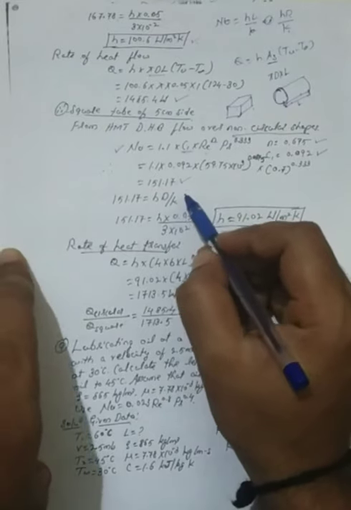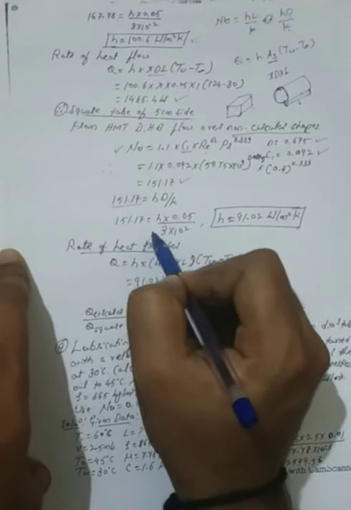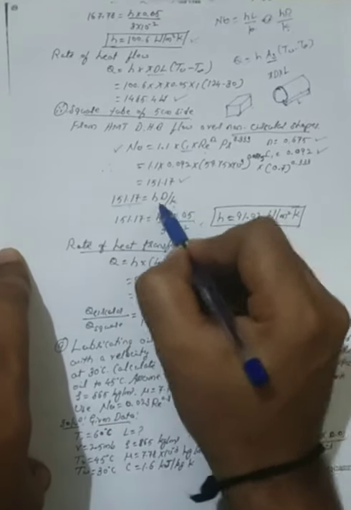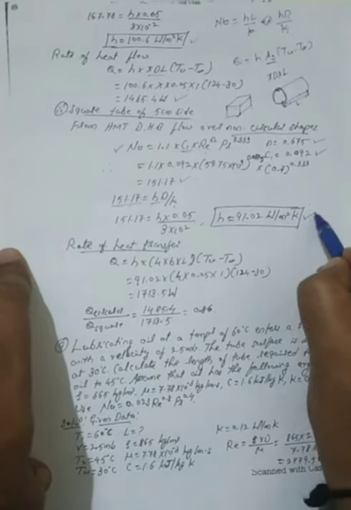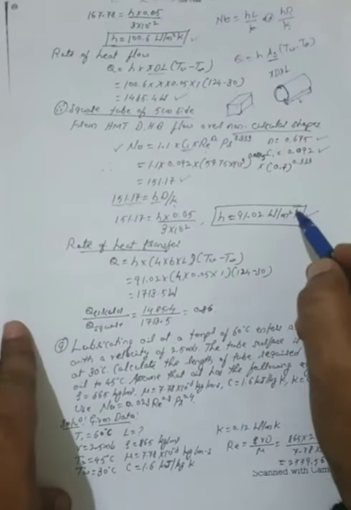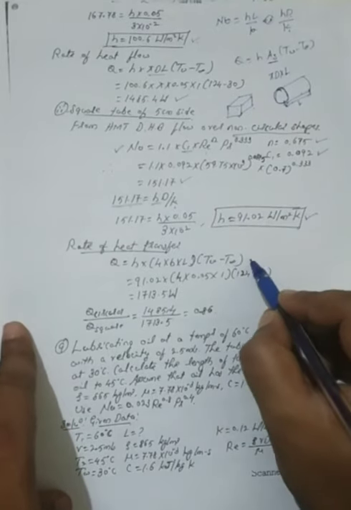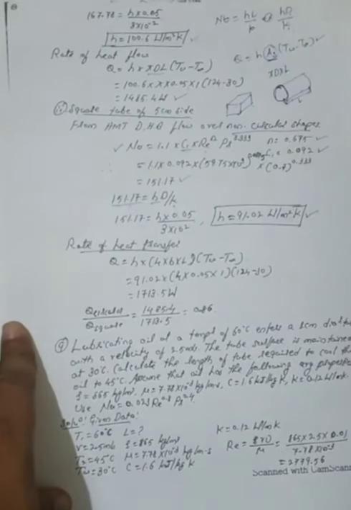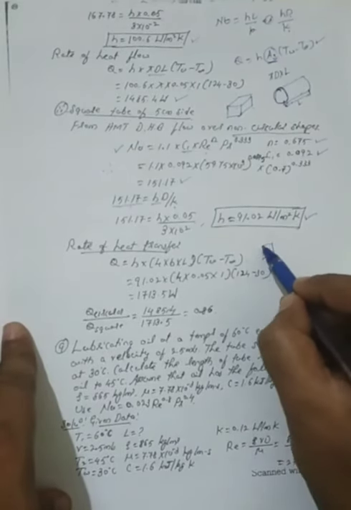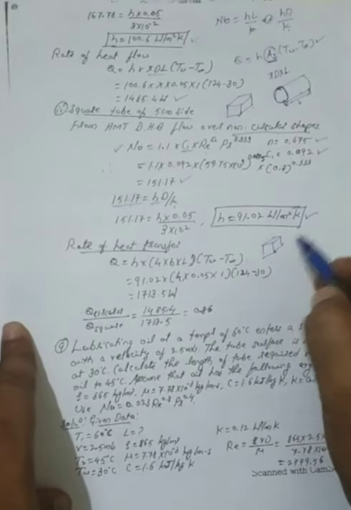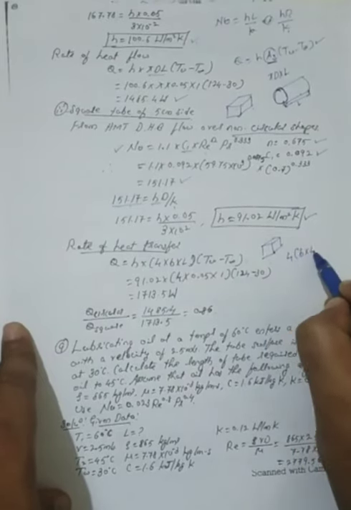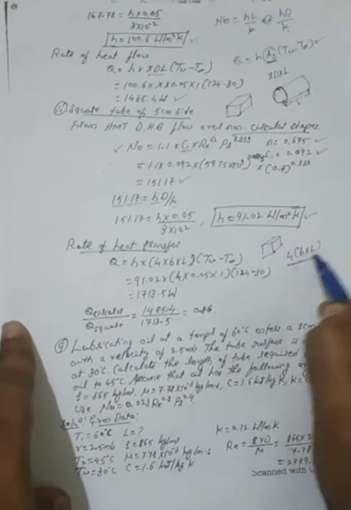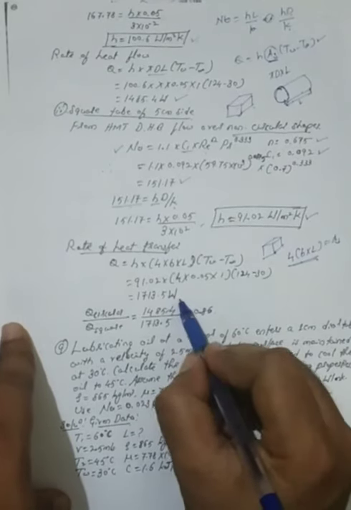Okay, substituting these values in this particular equation, we get the Nusselt number as 151.717. As we know that the Nusselt number is nothing but HD by K, substituting the Nusselt number in this equation, we calculate the value of H as 91.02 watt per meter square. Once you have the value of H, again we substitute in Q is equal to H AS into TW minus T infinity, but this time the area is going to change, guys. Since it is a square tube, the area this time becomes 4 times breadth into length. So once you use the area as this, we get the Q value as